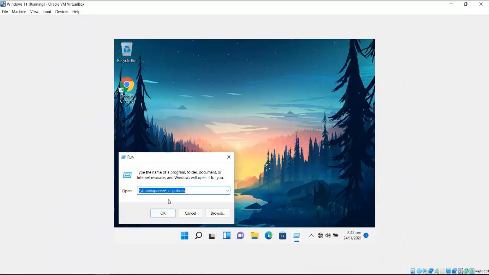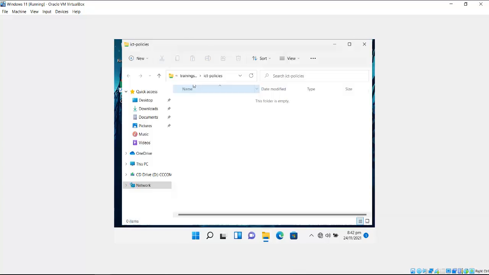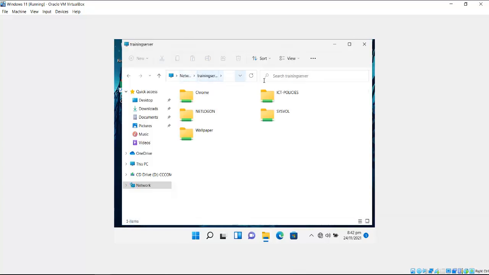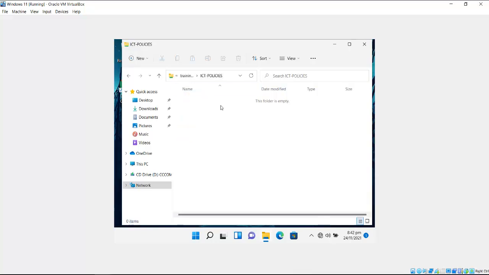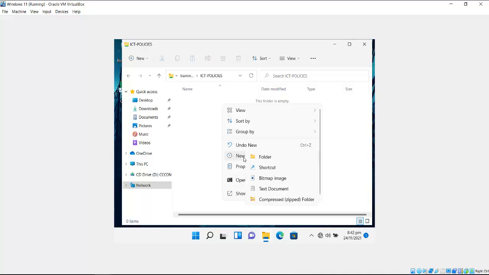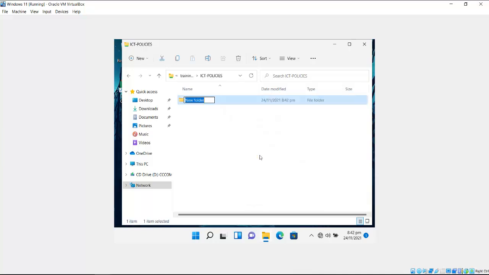The network path of the location, I'm going to press enter, and let's just go back to verify. So this is the training and the ICT policies that we open. Click OK to access it. Let's just go on to see if we are able to make additions based on the permissions we had set. There we go. As TechUser1 under the programming team, we are able to create folders and files. Let's just rename this particular folder, and within this folder let's create a new text file, and I will name